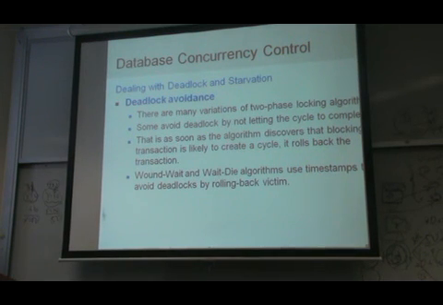So if there is a chance to make a circle in the wait-for graph, you will not enter, or you need to resolve that problem. It's avoid. So prevention is never entering such a situation. Detection is you allow to